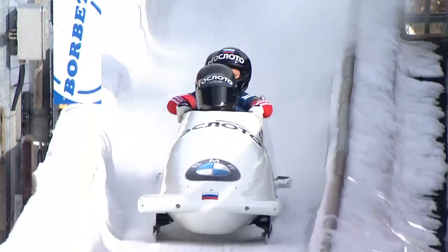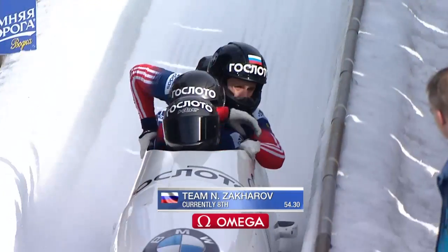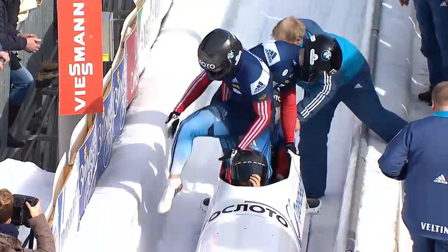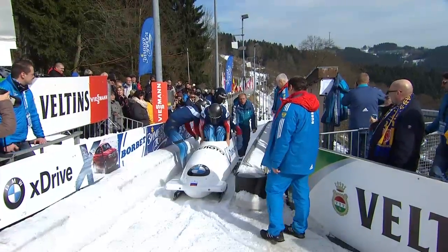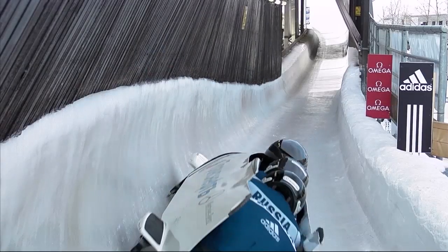85.5 miles an hour. Now the question is, is the track giving up all its speed? There's one guy coming up. His name's Holcomb, 2 sleds. He's been flying down the track on the bottom. He gives up a lot of time at the start, but now we'll just question the track. Is it going to give up any more time? The more the sun comes on it, the more the day warms up, the greater the risk of it being